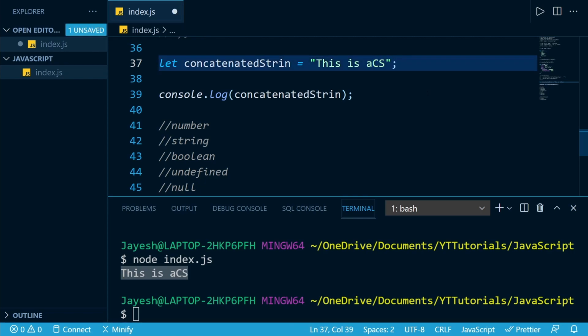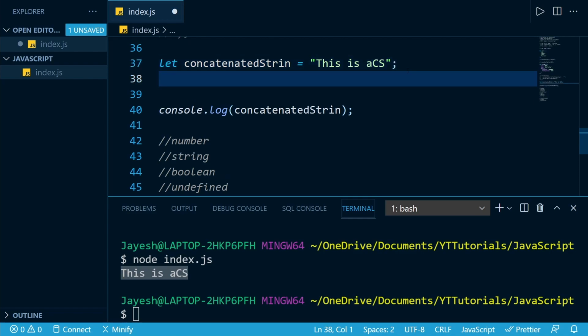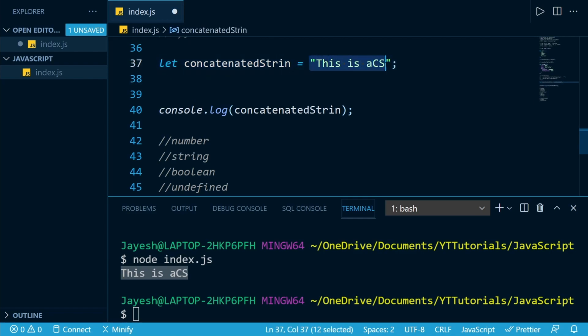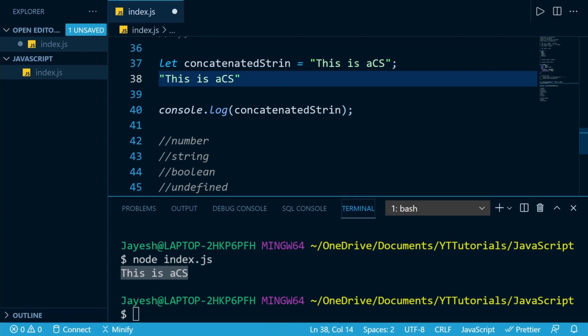So it just adds the two strings. There is no difference between these two strings, because the concatenation operator does not add any space or anything. It just takes this string and adds this string at the end of it, okay.